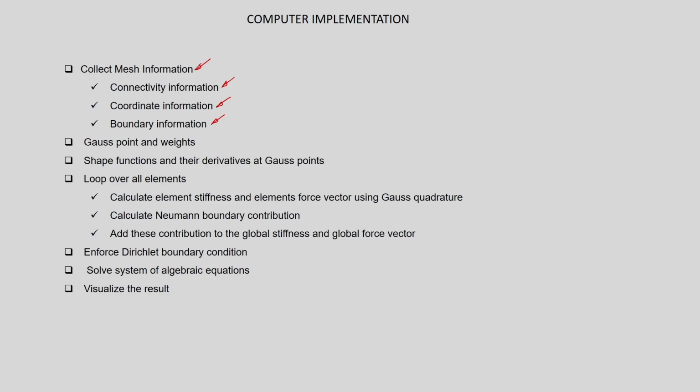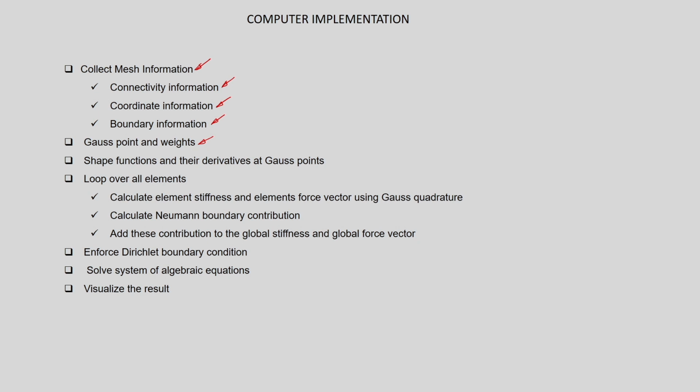So, we have to note down which edge or all the edges of a given element coincides with which type of external boundaries. So, that is stored in the boundary information. Then we will